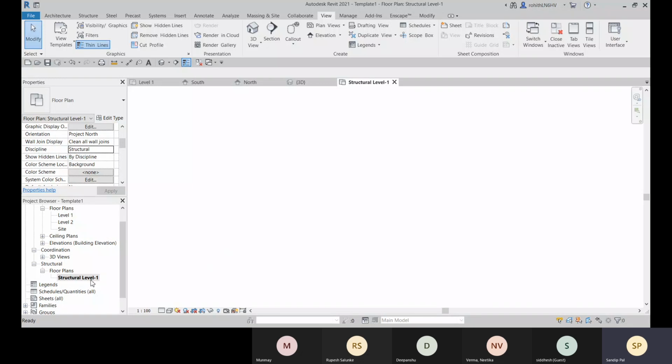So this way you can sort all the floor plans, and not only the floor plans, all the views you can sort it. You can organize all this. So all the architectural views are added over there. All these floor plans. Okay, and here you see this is the structural level. Structural floor plan that is created.